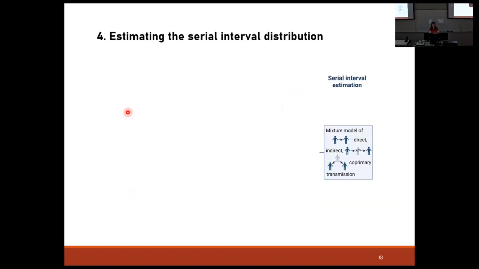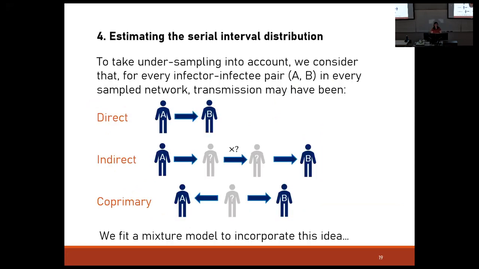So at this point, we're ready to estimate the serial interval. As I said, we do this in each of those networks independently, and if you've got multiple clusters, you repeat that whole process in each cluster. We take a similar approach to the Vink et al. paper that I presented earlier, in that we consider three different pathways of transmission. But we don't take the index case-to-case approach that they did. We work through every single pair in our sampled transmission networks and consider that each one might represent one of these three pathways. We could have direct transmission between our pair, A infected B. It could have been indirect, with cases that we missed in between.